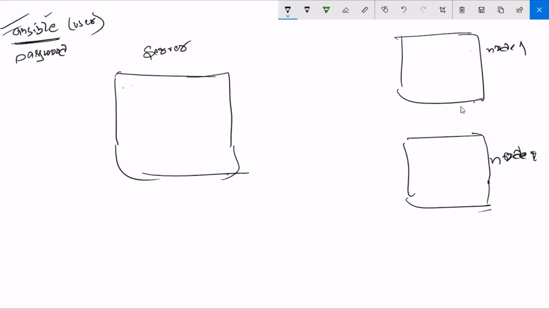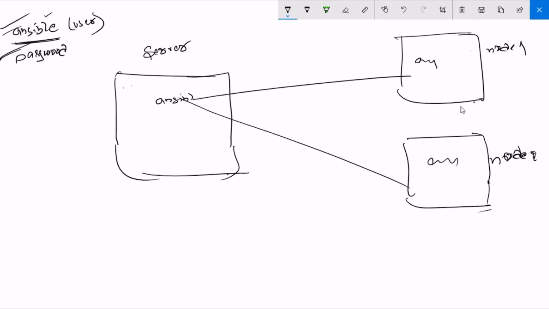I'm going to set a password for this user. This is a Linux concept. We are going to set a password for these machines. So see, the Ansible user will be there, here also the Ansible user will be there, here also the Ansible user is there. So I'm going to establish communication at user level, guys, the Ansible user. Root level also I can do it, but you won't get root privileges in companies. That's why we create a user and do it at user level, not root level. So fine. Now let's do it, guys. Just create a user in all three machines, and let's create a password in all three machines.